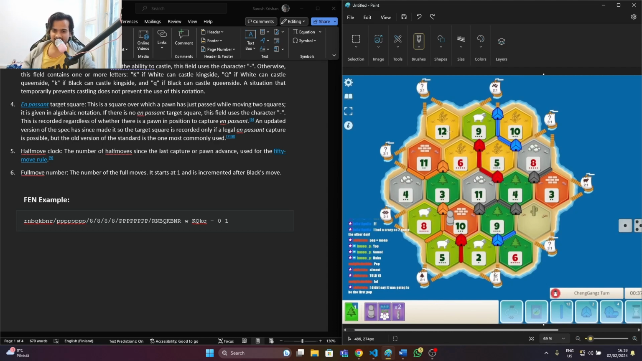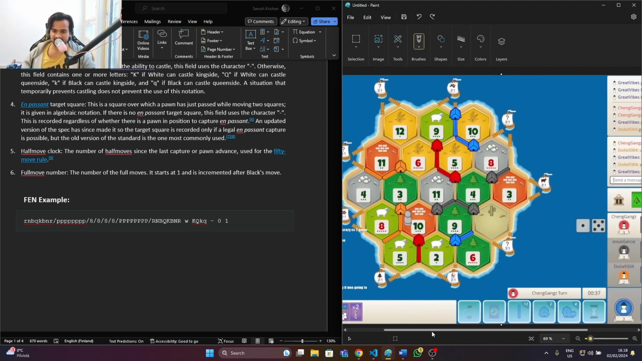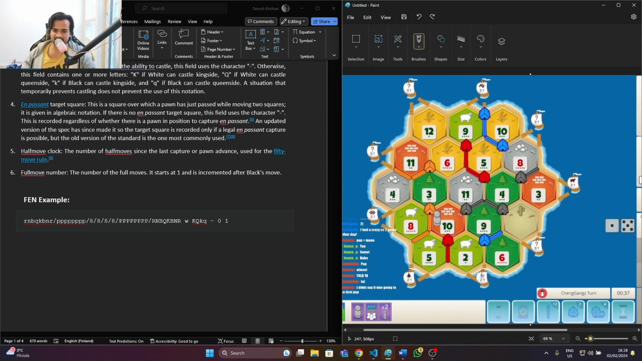In Catan, you have this kind of a board, and you have these tiles with resources on them and numbers on them, and then you can place your